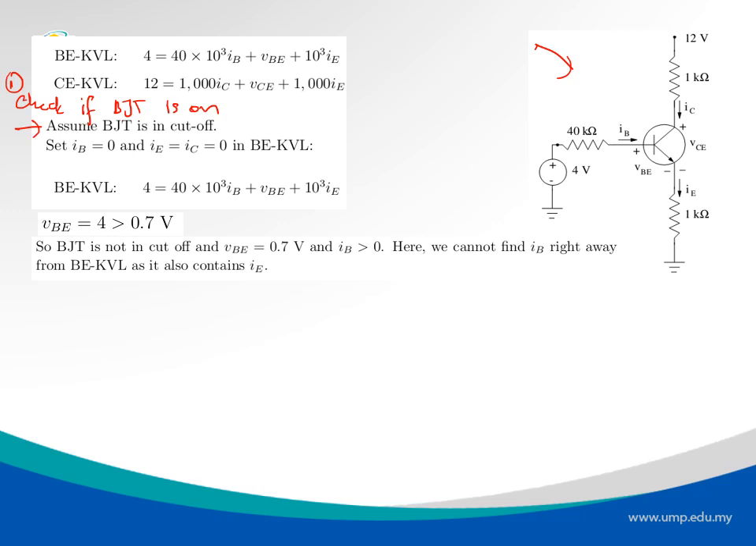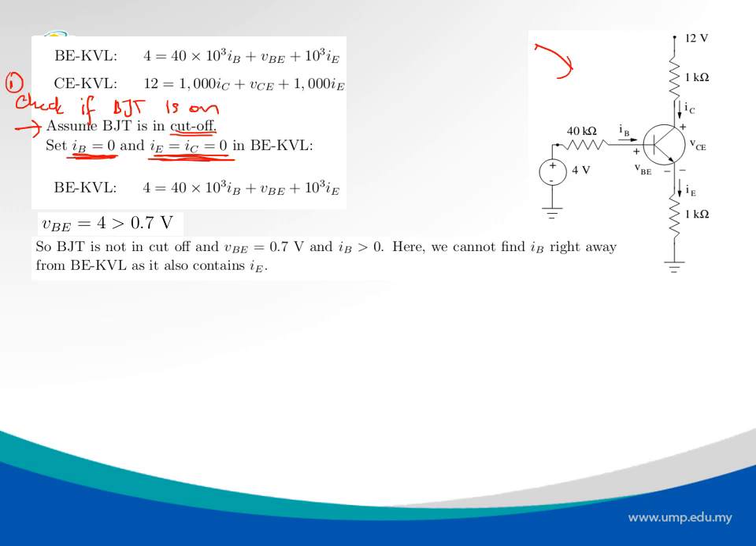What does it mean to be in cut-off mode? When it is in cut-off mode, it means that we have no current at the base. Therefore, we will not have current at the emitter and the collector. What is the consequence of not having IB, IE, and IC? To know the consequence, we need to do some calculation